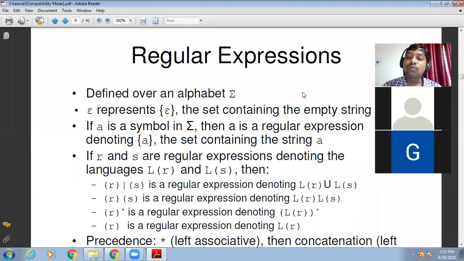So what we are going to do here is study the pattern specifiers and the pattern recognizers. Our regular expressions will act as pattern specifiers. For specifying our language patterns, we'll use regular expressions. For recognizing them, we'll construct machines, which are nothing but finite state machines. If you recall, the FLAT